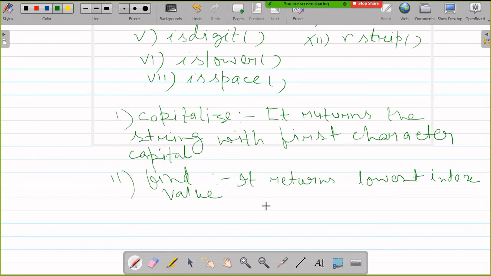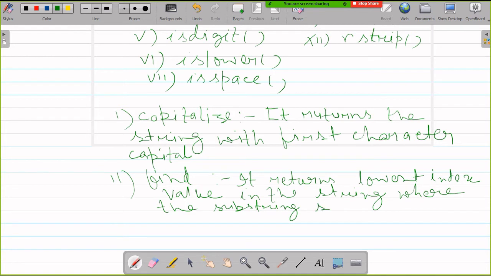It returns the lowest index value in the string where the substring starts.